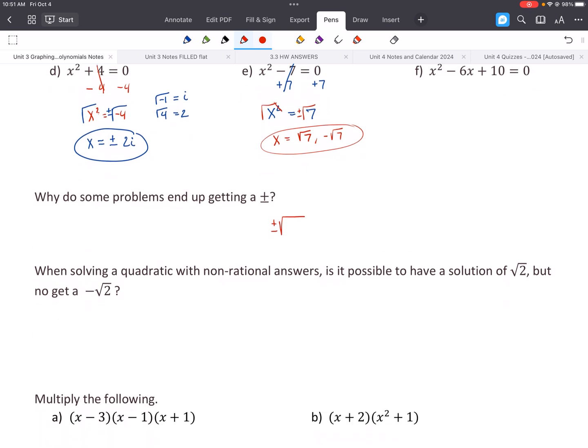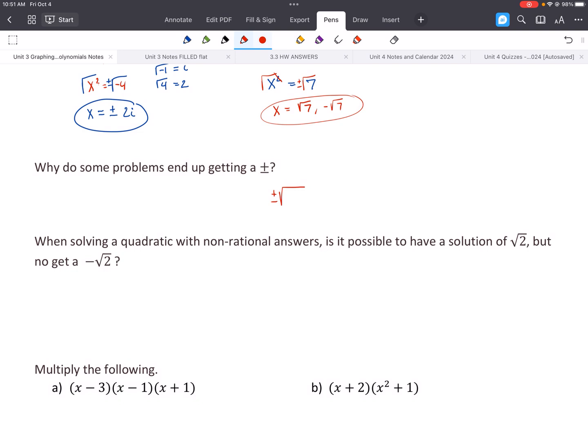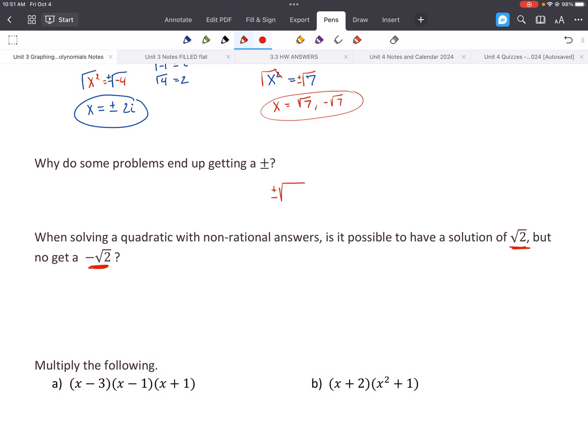Okay? So one thing to notice is that when you're solving a quadratic, it's impossible to get the square root of 2 and not get negative square root of 2. So these always come in pairs. When we have those plus or minuses, like when we square root, we always end up getting a plus and a minus. So that's called, oh,